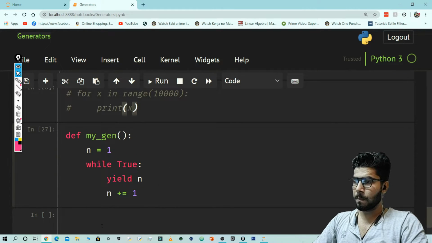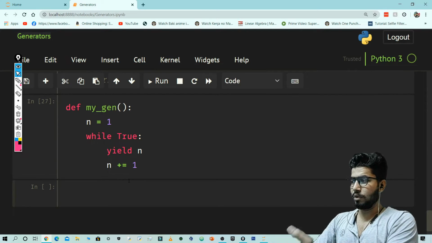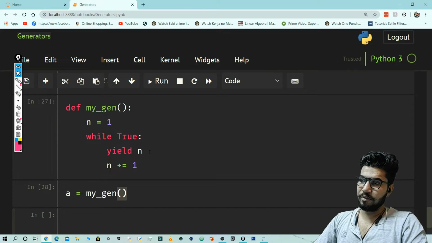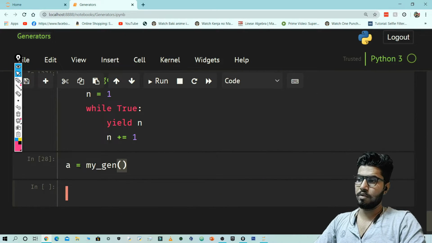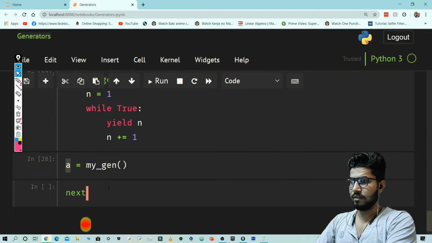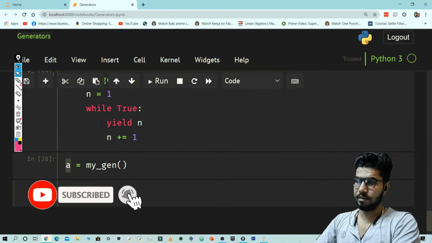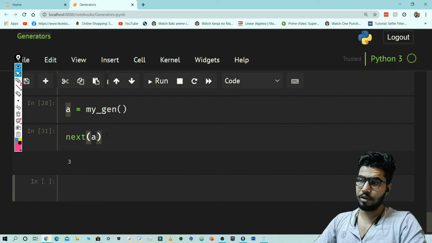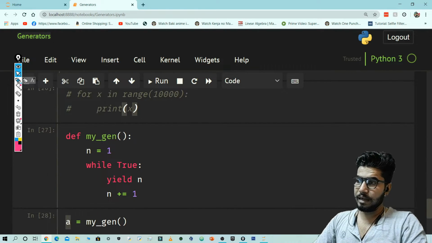What we need to do is create an object of this function, my_gen. If I call next on this object now, like we did in iterators, then at first it will print out 1, then it will print out 2, then it will print out 3, and it will not store all of these numbers in memory.